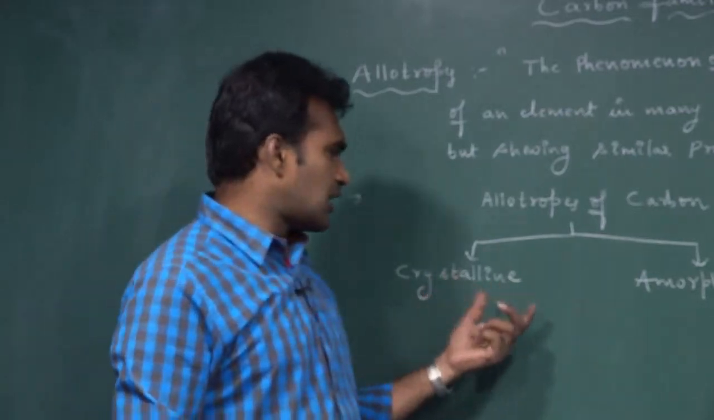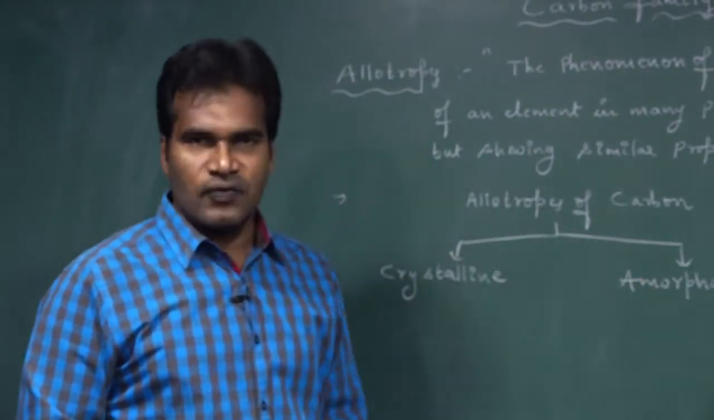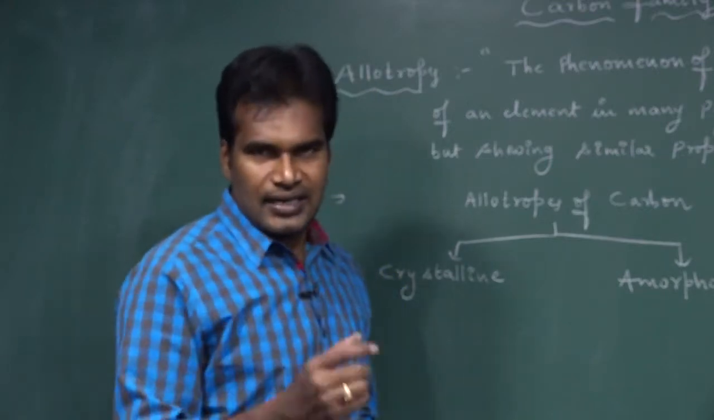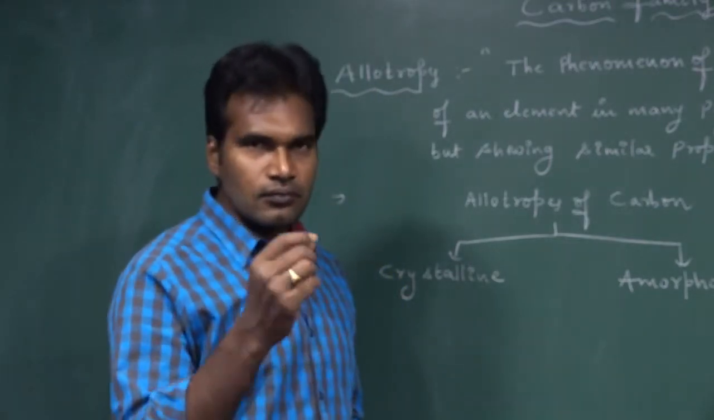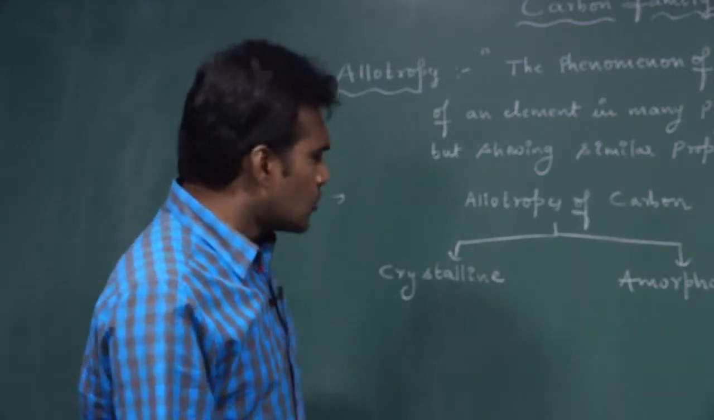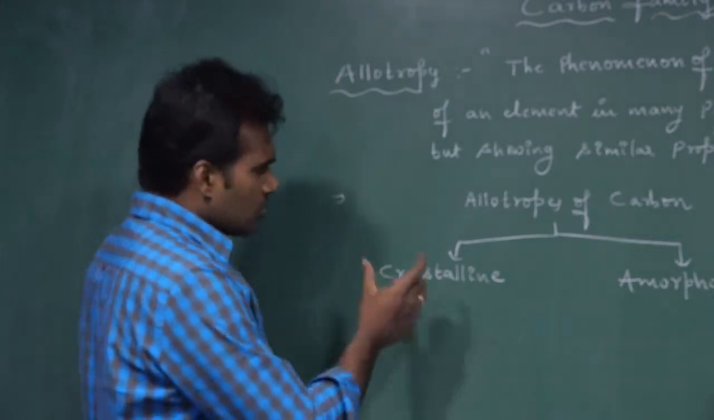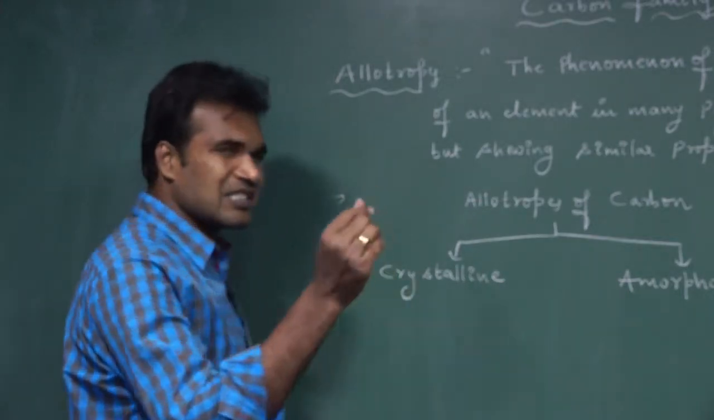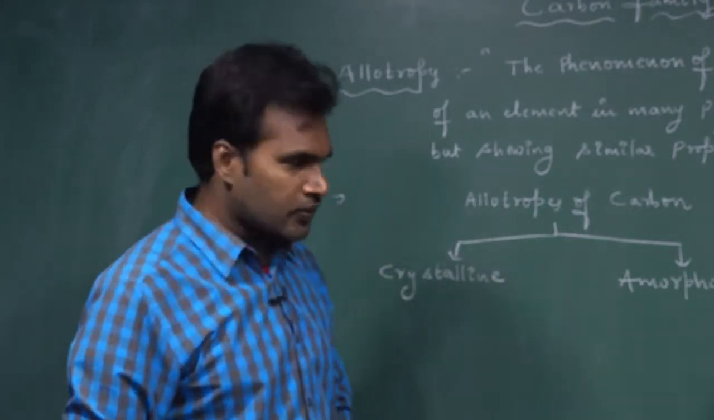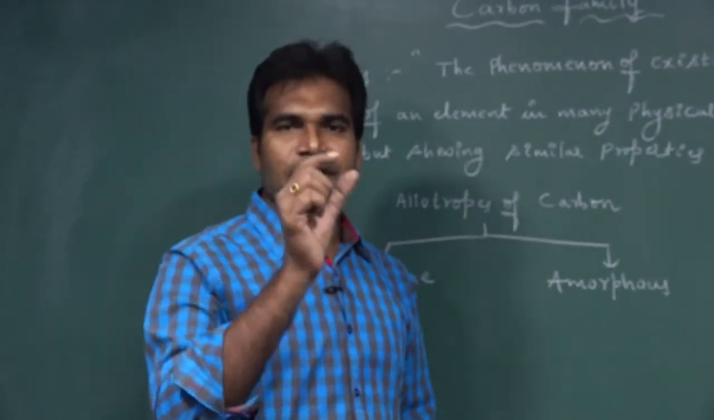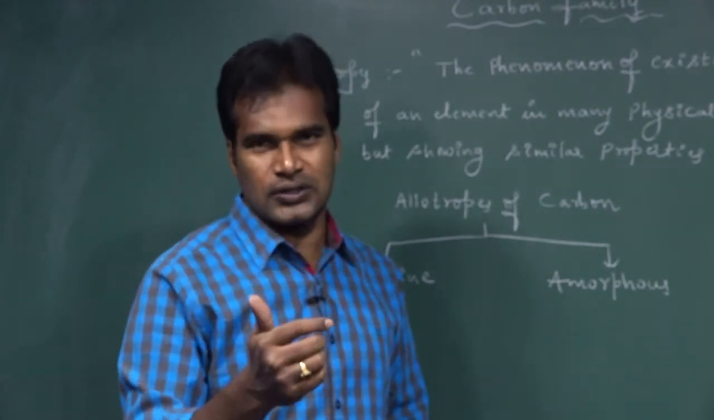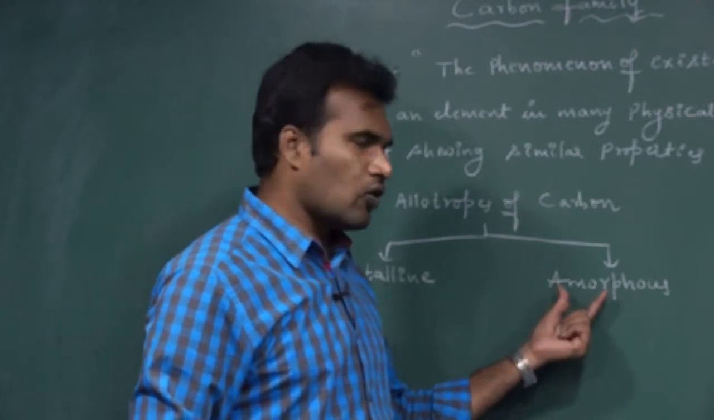What is the difference between crystalline allotropes and amorphous allotropes? Crystalline allotropes are like crystals, like sugar. If you touch sugar, you feel crystals. Salt also. Like sugar and salt, these forms are crystalline in nature. They are rough to touch, so they are called crystalline allotropes. Whereas if we touch amorphous allotropic forms, we feel they are powdery, smooth. Those allotropic forms we call